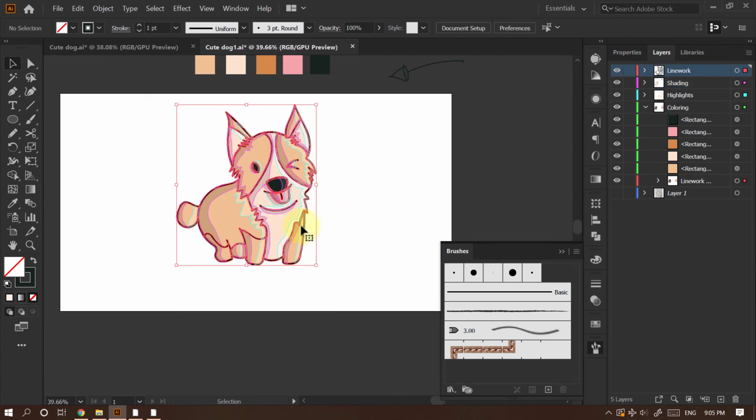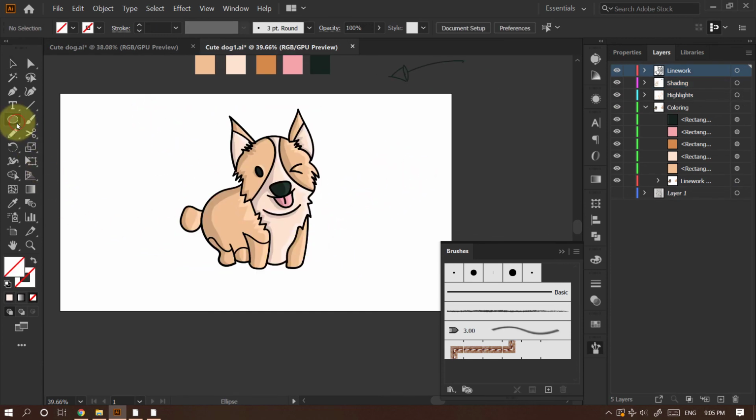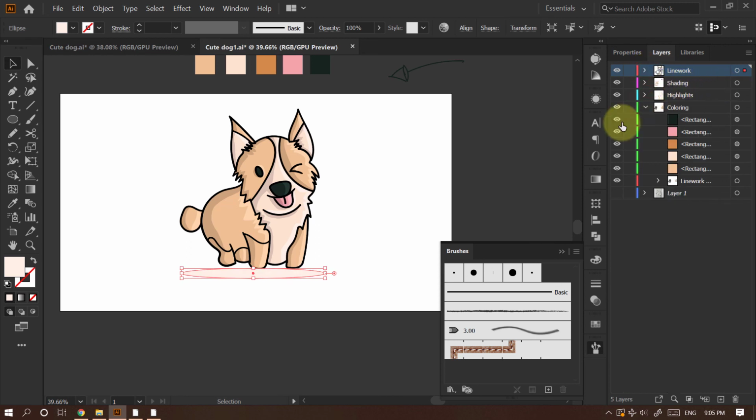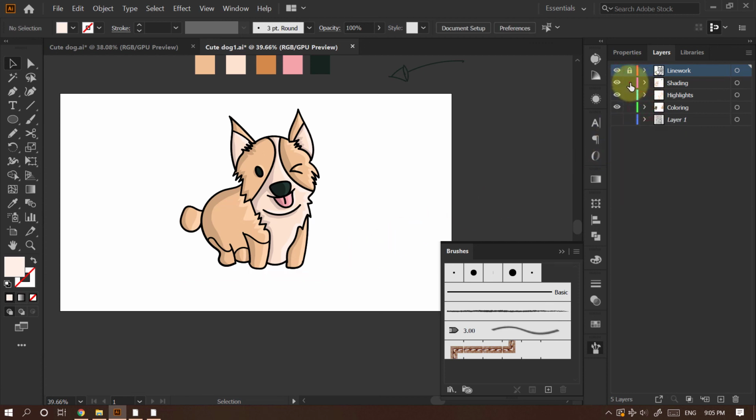Now I will create a shadow of our dog at the bottom. This is optional. This should go at the, let me lock this layer.